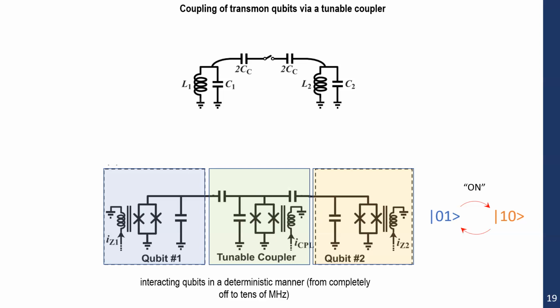This tunable coupler can couple the qubits in a controlled way. So this is how we create the coupling between qubits, and this is how we can control the entanglement between the qubits. This is the way we can achieve entangled states, Bell states, etc. Again, this is just a matter of some RLC circuitry